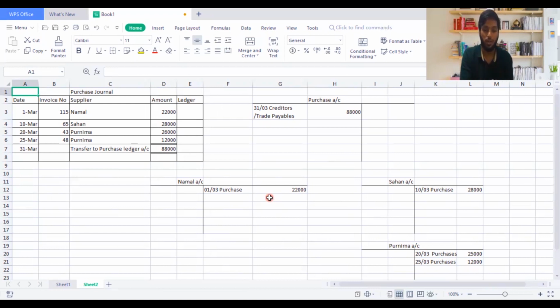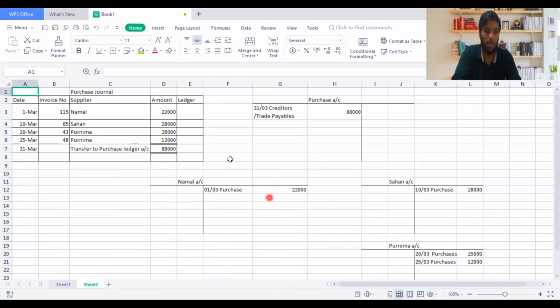So I will not recommend you guys to balance it. If you have time, balance it and show that you can do better. But for 4 to 5 marks or 3 marks, this question will be tested. Most probably not more than 5 marks. So don't waste your time balancing these accounts just expecting that the examiner will give you more marks on exams. That doesn't happen. So this is how a purchase journal should be done.